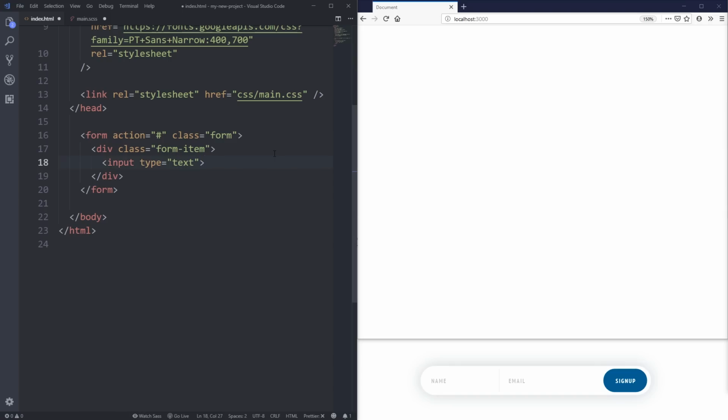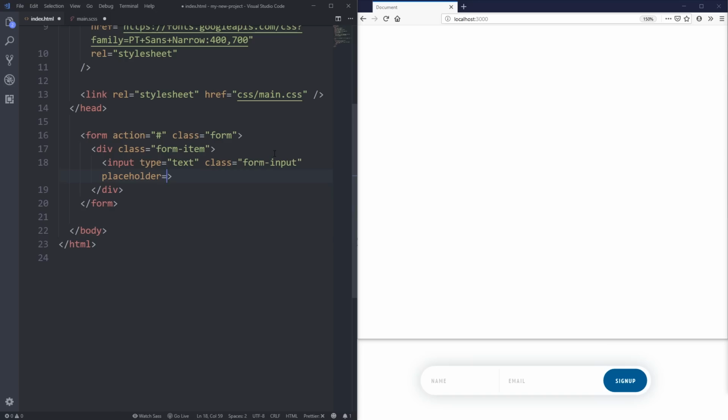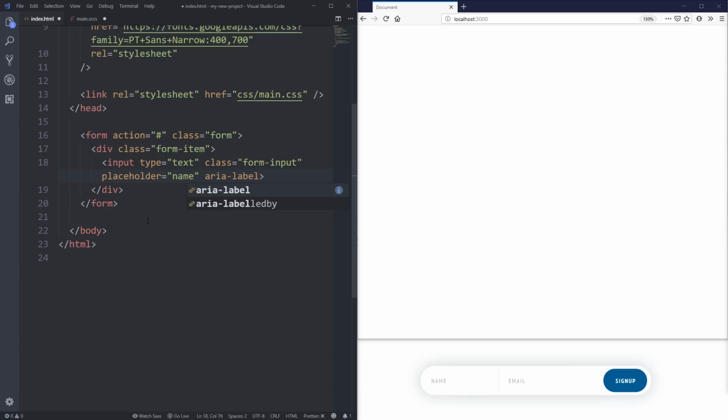But on the type text here, we're also going to want to put in a class, and I'll call it form input, so we can style that a little bit. We can give this the placeholder because this is going to be my first, we'll just put name like that. And I'm also going to put an aria label on here. I'm going to put first name. I want to keep it short because that one's going to be a little tighter. It's a little small, so we'll do a placeholder of first name with an aria label equal to first name,